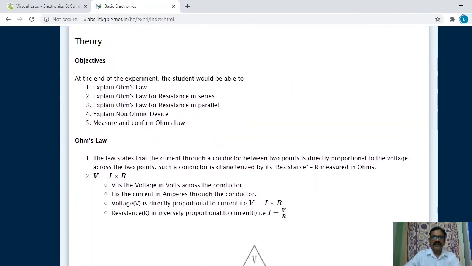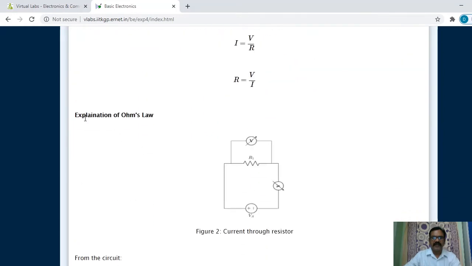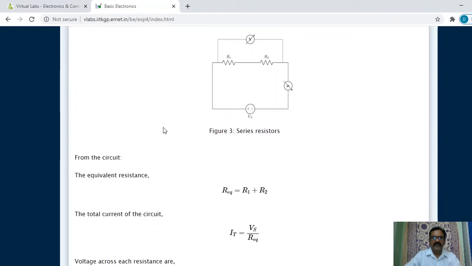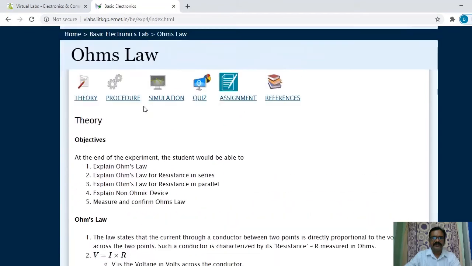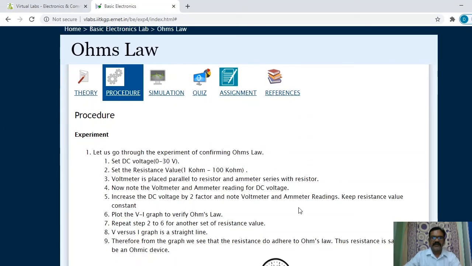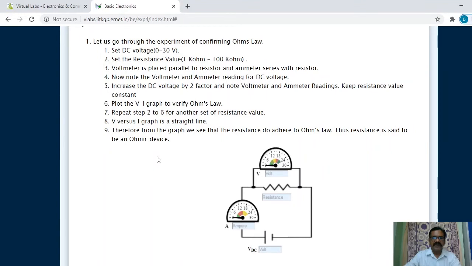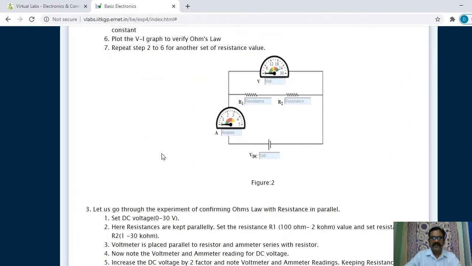Here, the theory is explained, what is Ohm's law, and so on. The procedure for conducting the experiment is also shown here: the experimental setup, the procedure, the various steps that are required to carry out the simulation experiment are listed here.